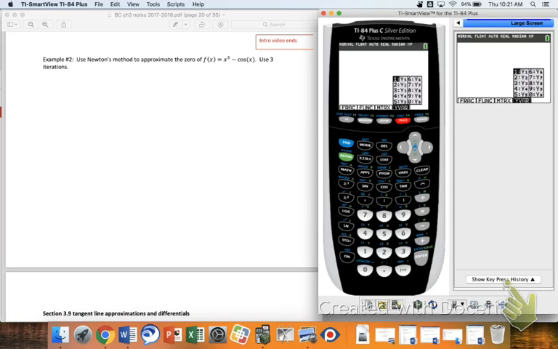Alpha trace will give you your y1, y2, y3. It's just a few less button pushes than the other way. So if you go alpha trace, I want to use y1. And what do I want to plug into my Newton's method formula? My initial guess, 1. So I'm going to do y1 of 1. I hit enter, and I get